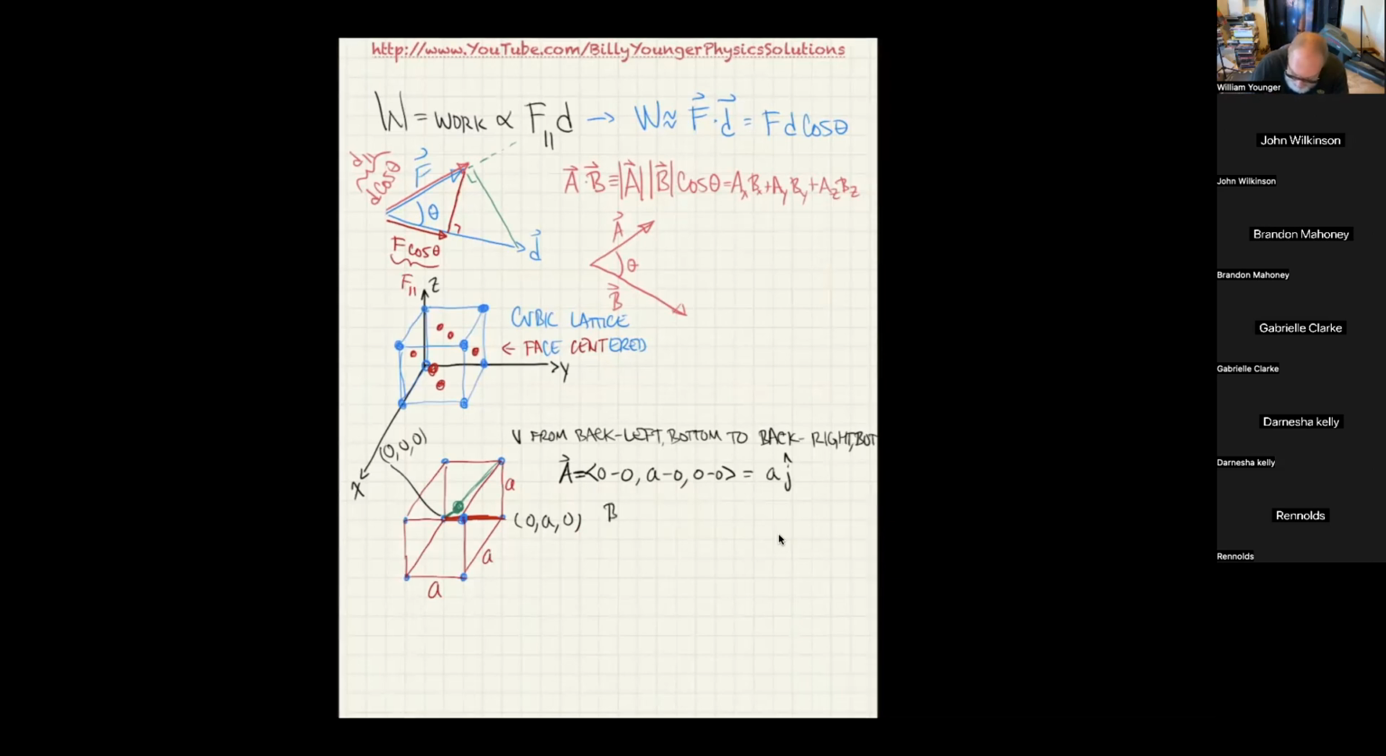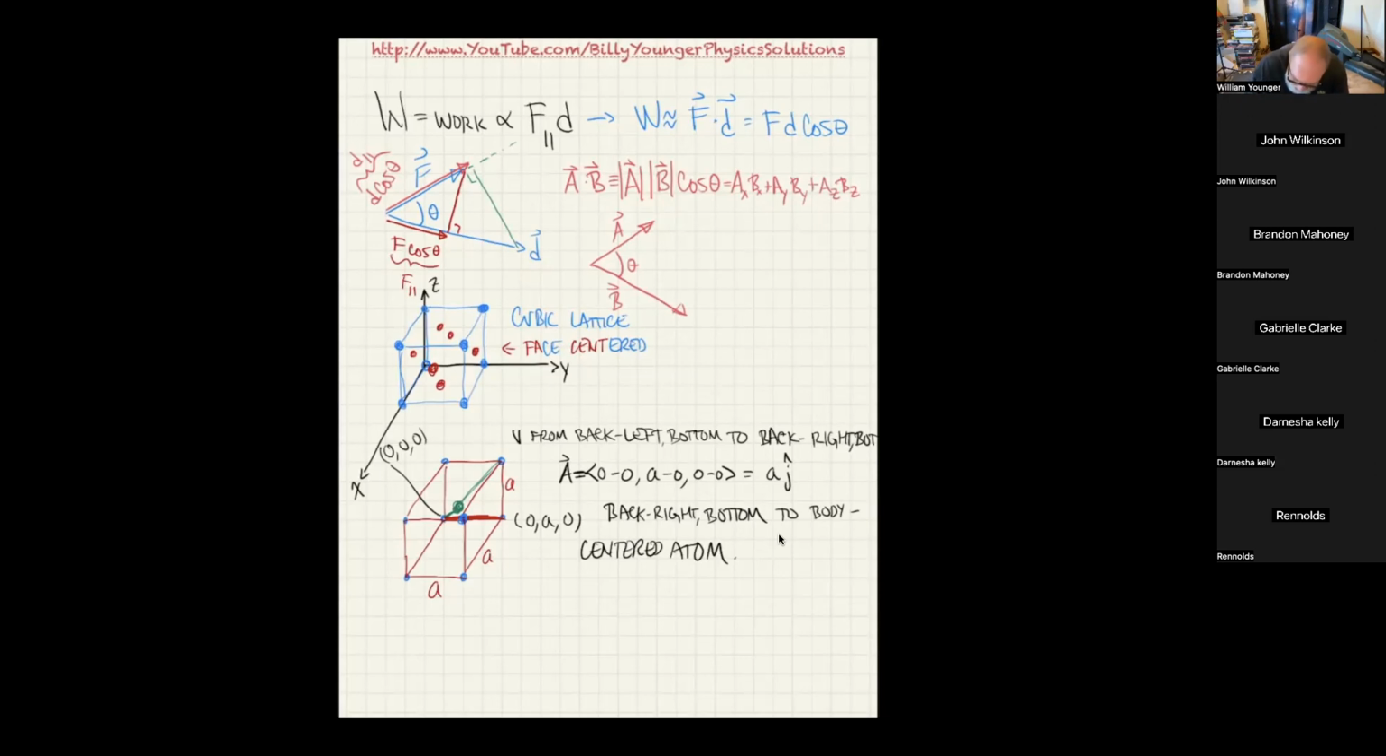So, back right bottom to body centered atom. In this case, it's a body-centered cubic is what this is called. So I think you can see that this vector, let's call it B,